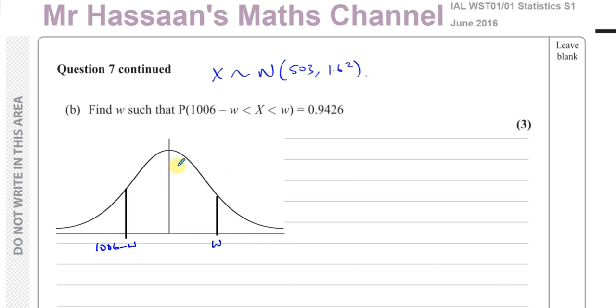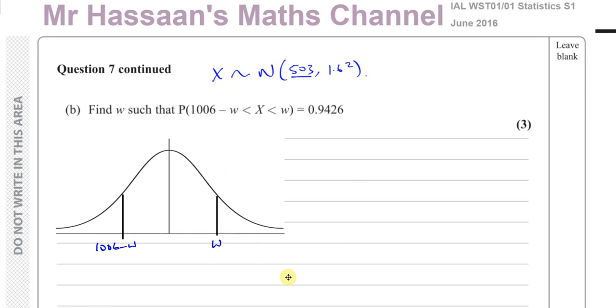Because if they're both on one side of the mean, then the area is going to be less than 0.5, because that area from here to there is 0.5. Okay, so this type of question, I can spot something that's going to help us, because this is 503 and this is double 503, so I think it's going to cause us to have a symmetrical situation. But if it wasn't symmetrical, it would be very difficult for us to answer. The only way you can answer this is if it is symmetrical, and there is symmetry here, and I spotted that because of the numbers involved. Now, it's not that easy to spot, but I'll show you how mathematically we can show that there's